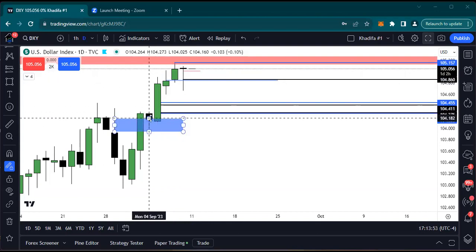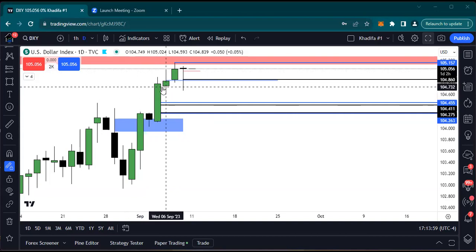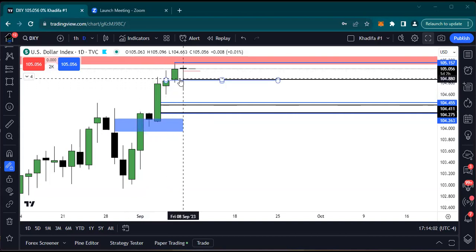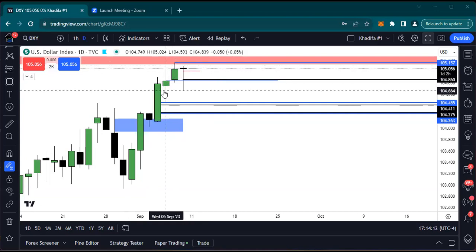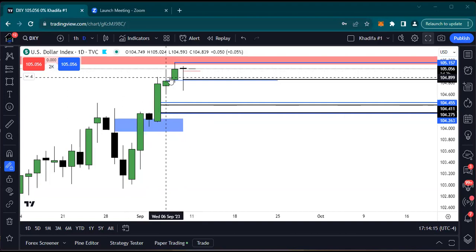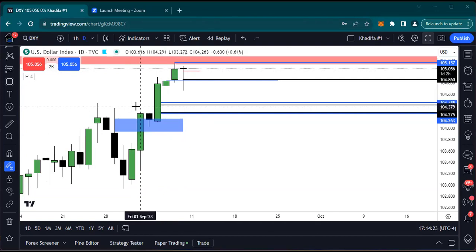So we see Monday respected that price. Tuesday, we ran away from it aggressively. And Wednesday and Thursday, we pushed on up into that daily volume imbalance as expected, right? So moving forward for this week, for the pre-week analysis for the dollar,